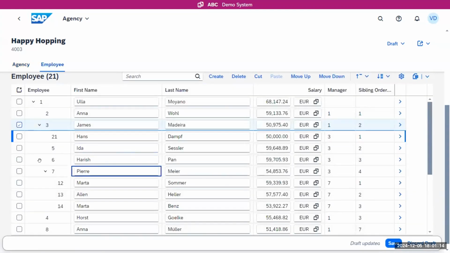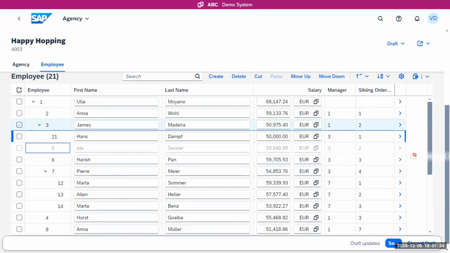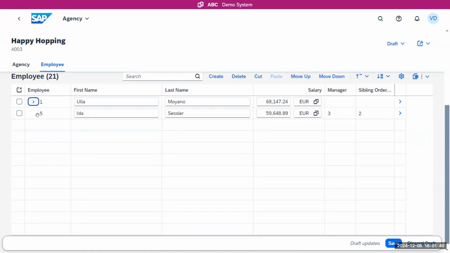What you can also do is what we call unlink. At the moment, all these employees that you see here belong to a certain manager. But you can also change that in the sense that you say, okay, for whatever reason, Ida is now not reporting to anyone anymore, but belongs to the root node as well. And then you could just move it over here into that spare section, and if I collapse it, you see it's now also on the root node. So the bottom line is, with this feature set, you are quite flexible in having an editable tree view and can do things accordingly.